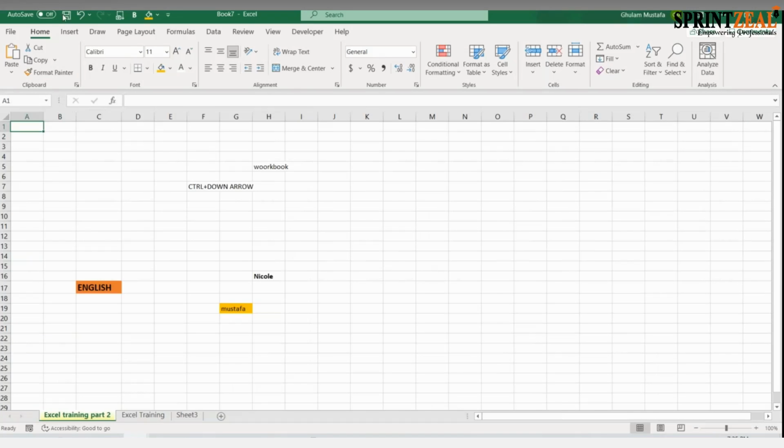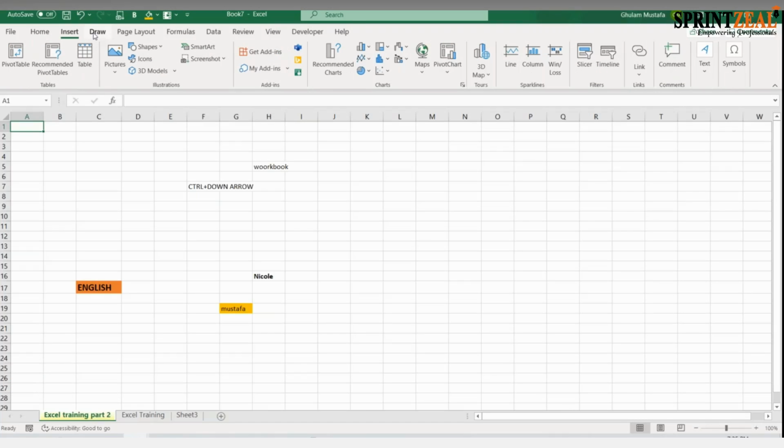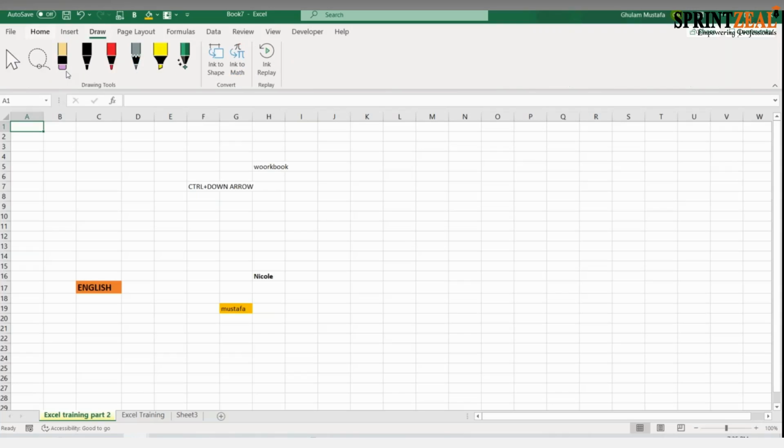Then we learned that for the quick access toolbar, any tool that I use frequently, I will put there. How can I do that? Just go there. Let's say I use this again and again: right click, add to quick access toolbar. Now you can see this has appeared in the quick access toolbar, because in Excel there are a bunch of options, but everyone uses the options as per his or her requirement. Then they put a few tools into the quick access toolbar. All these are tabs: home tab, insert tab, draw tab. There are multiple options over there.